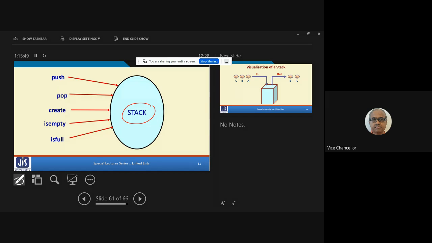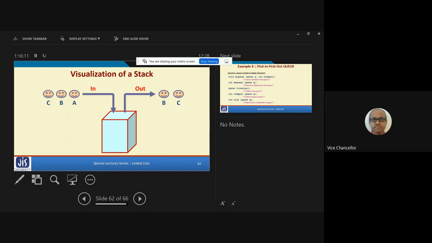Later on, when you get time, we talk about the implementation of stack. We'll see again, a stack we can implement using array. You can use linked list. So the implementation will differ, but the way you call the functions, they will not change much. So the visualization of the stack remains the same, right?